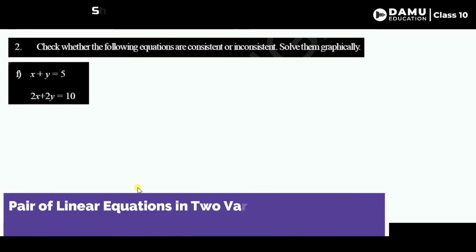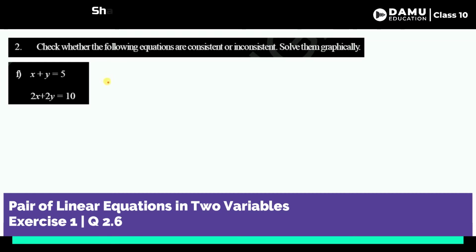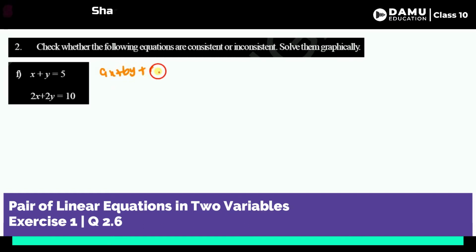So in this session, we are going to discuss our f. So what is that f condition here? So what are the equations? Let's find out what that ax plus by plus c will be equal to 0.